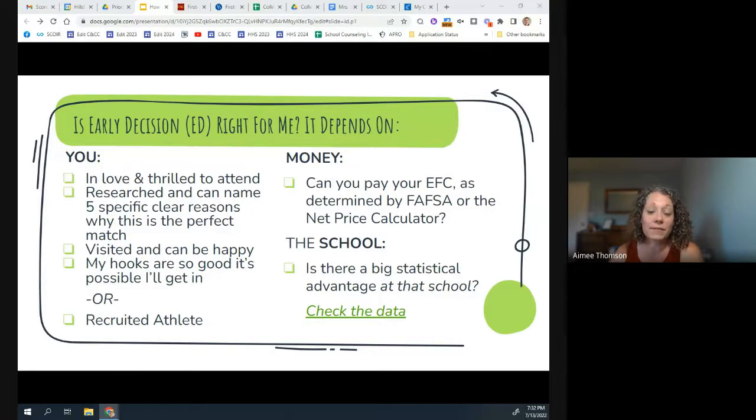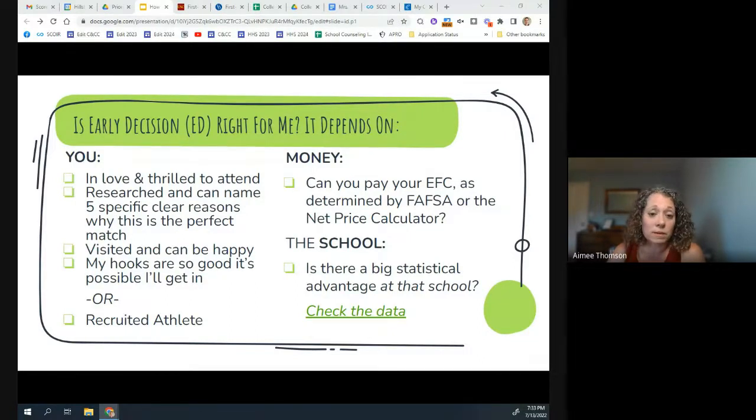Last year, we had 73 students apply early decision 1 to 34 different schools. Of those 73, 25 of them were accepted and enrolled. Those schools vary in selectivity: Cornell, Fairfield, Syracuse, NYU, Stevens. Some of those students would have gotten in without early decision. Some of them, with schools like NYU and Cornell, it would have been a toss-up, because they're always a toss-up as to whether students are going to get in.